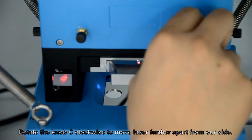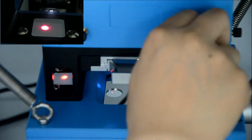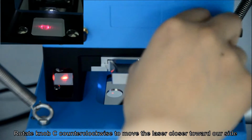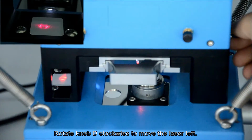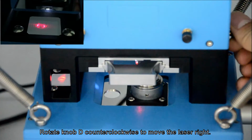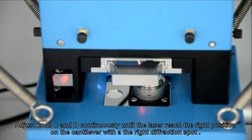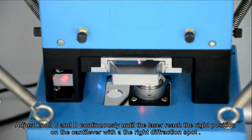Rotate knob C clockwise to move laser further apart from our side. Rotate knob C counterclockwise to move the laser closer toward our side. Rotate knob D clockwise to move the laser left. Rotate knob D counterclockwise to move the laser right. Adjust knob C and D continuously until the laser reaches the right position on the cantilever with the right diffraction